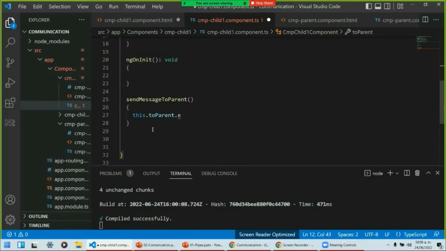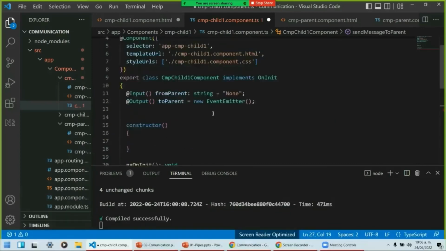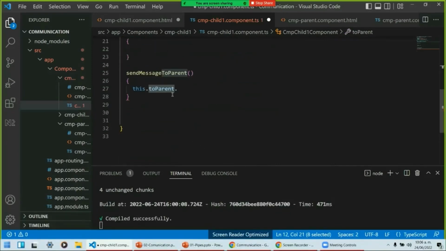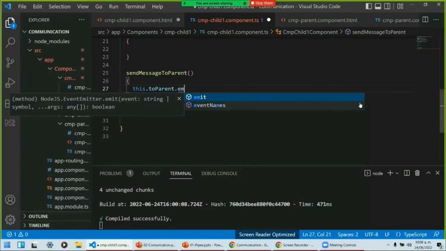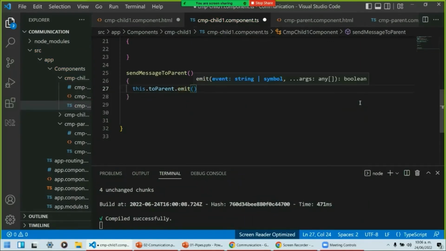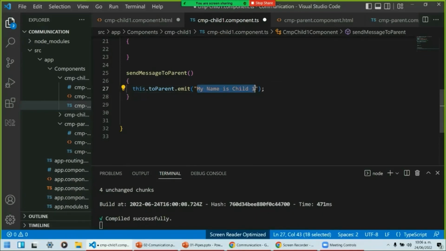So in this part, when you want to send information to the parent, you need to use the toParent variable, which emits the information that you want. For example, my name is child 1. Okay, so if you want to display this information in the parent,